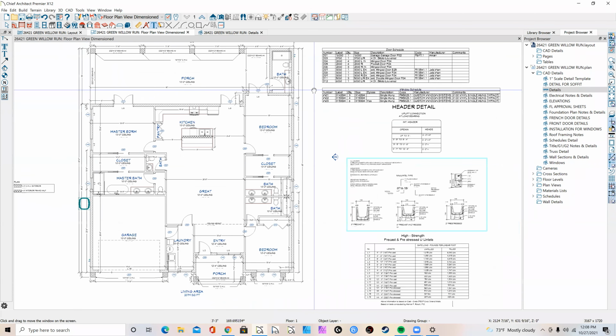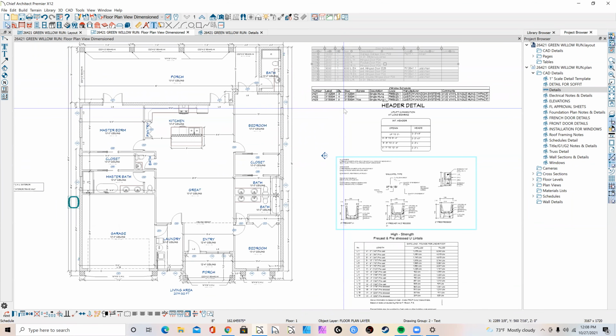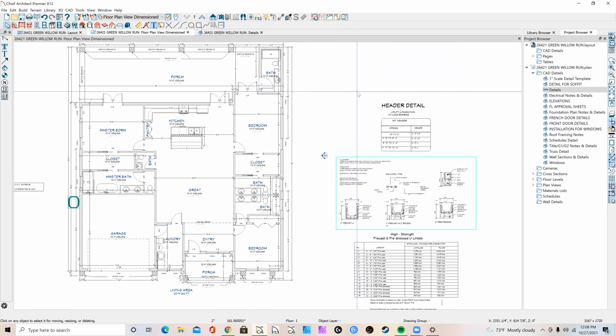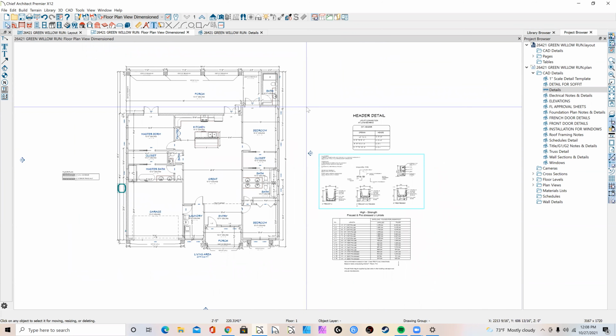Next, what we need to do for your floor plan, we have dimensions and we have your lintels. We need to make a window chart, a door and window chart. So I'm going to erase these and I'm going to show you how to do these. To do your window chart,